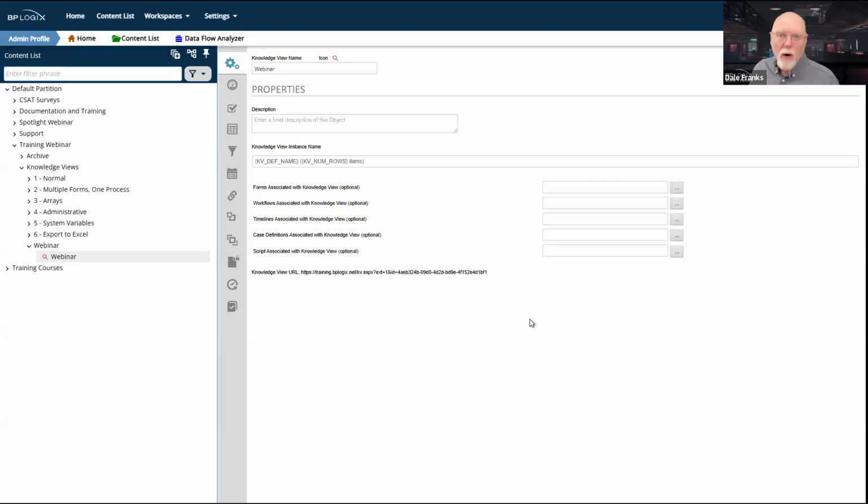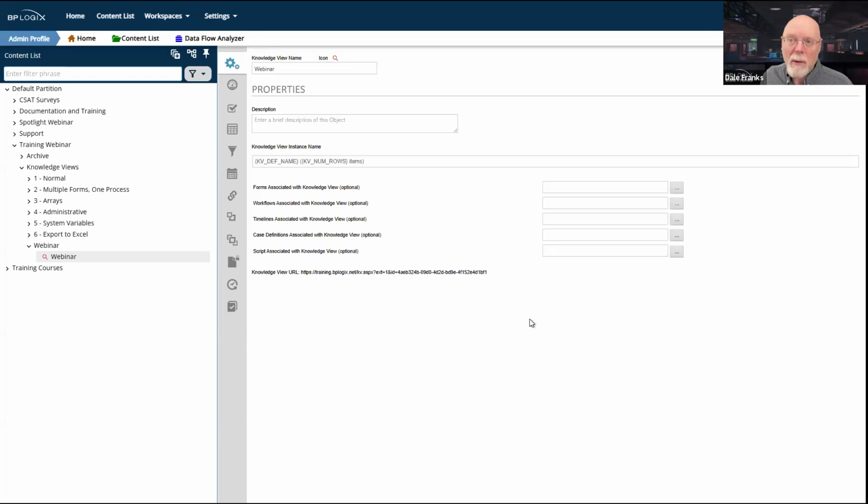So part of your leave request application will be a knowledge view that you will probably call My Leave Requests so that they can open it up and look back at their old leave requests and see when they last took leave or whatever it is that they want to do with their old leave requests. Normally, this would be a pretty small knowledge view because the amount of time that people are allowed to take each year is, of course, limited. And so there's probably no more than, I would say, 10 or so leave requests a year from any specific individual. And if they're there for 5 years, even that only is going to return 50 rows?